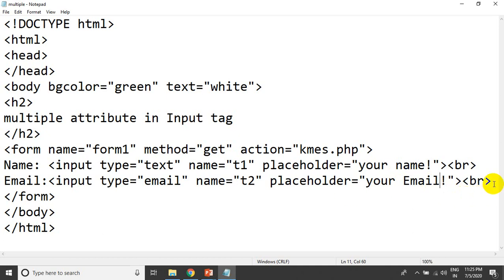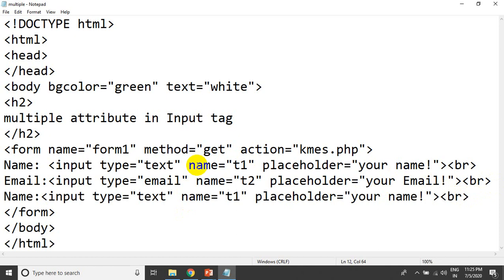After that I will add one more thing, that is input type equals file. Instead of text I will take input type equals file, then T1 becomes T3, and here you can write upload file.